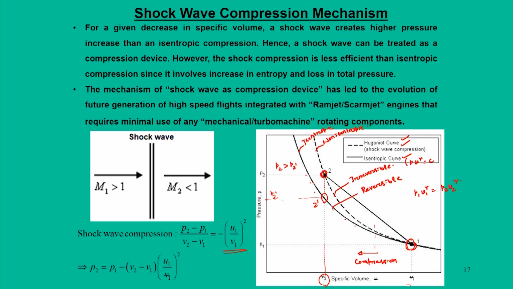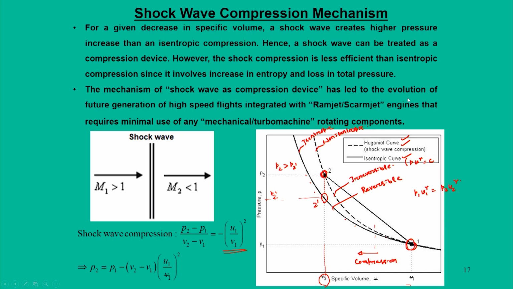That means shock compression is much more effective as compared to isentropic compression, which means shock compression gives a higher value of pressure. So, this is the basic mechanism of shock wave as a compression device,